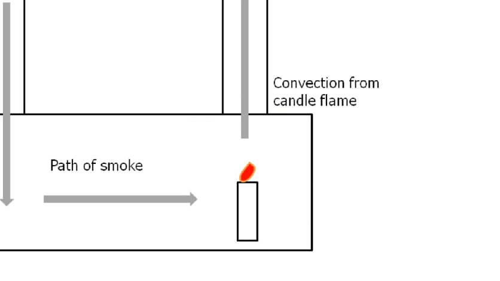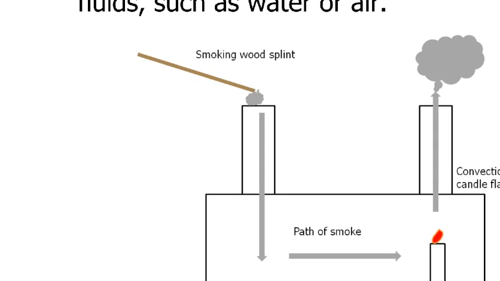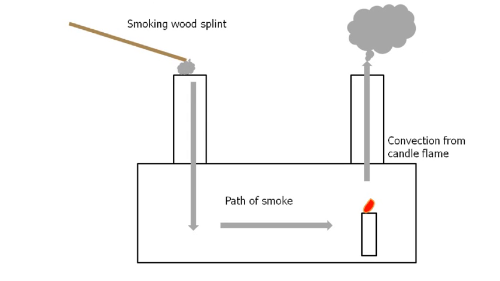Now let's take this smoking wood splint. All right, it's not lit. It's not on fire. There's not a flame here, but there is a smoldering, glowing thing there that's producing smoke. So you've got smoke coming off of the wood splint. The question is, what happens to the smoke? And it's very interesting. You're used to seeing smoke rise, but in this special situation